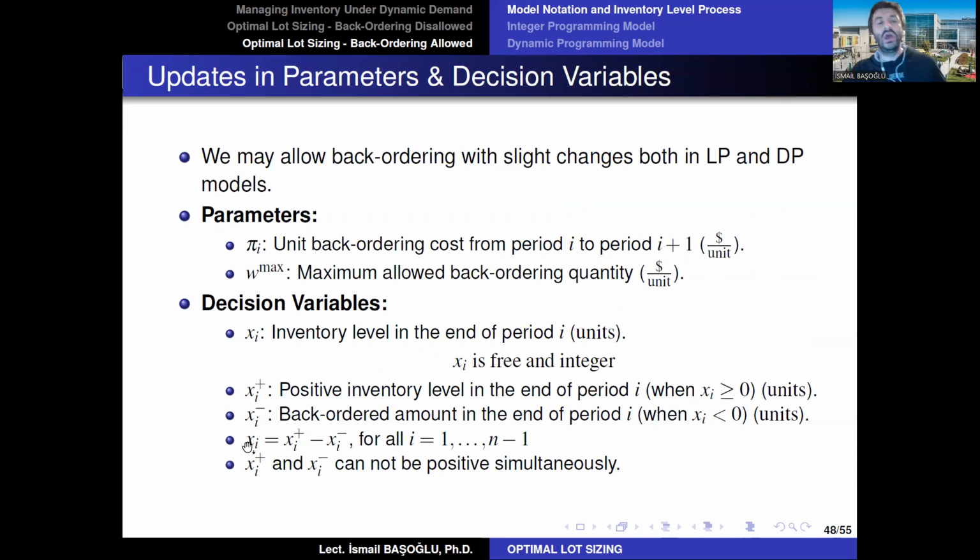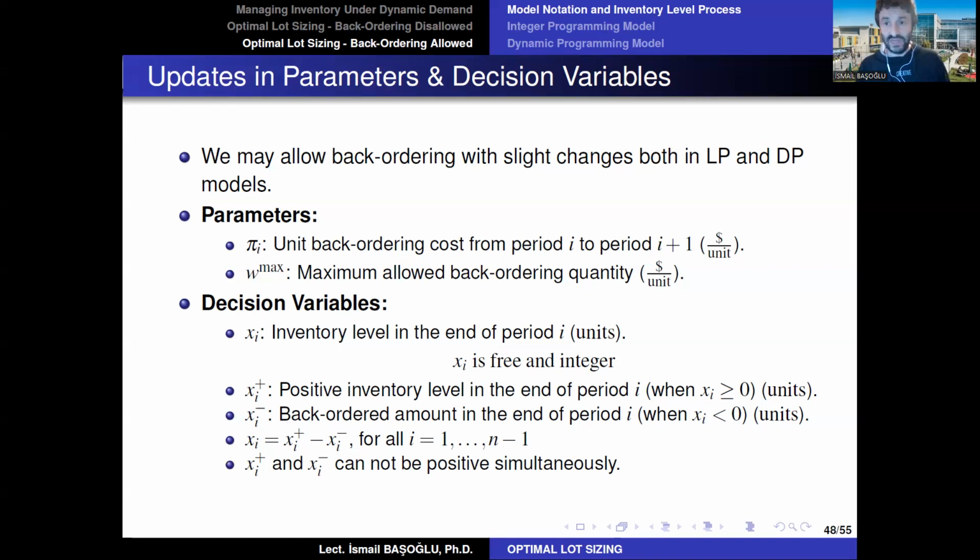So we say that each ending inventory, xi, is going to be expressed as the difference between two non-negative decision variables, xi plus and xi minus. Now, by the way, such a modification to make this unrestricted decision variable equal to the difference of two non-negative decision variables is actually